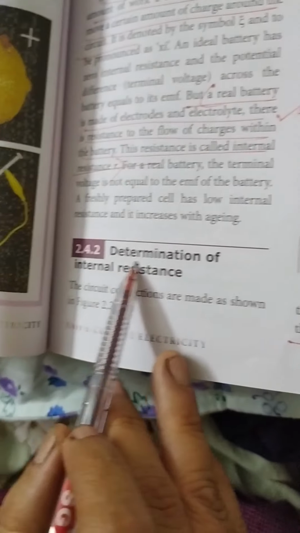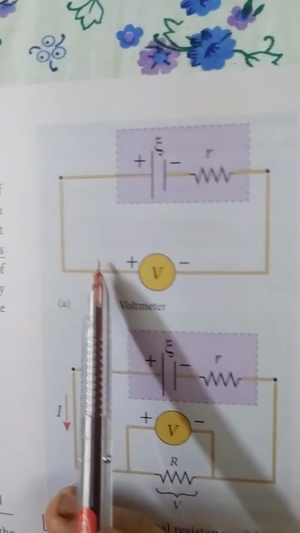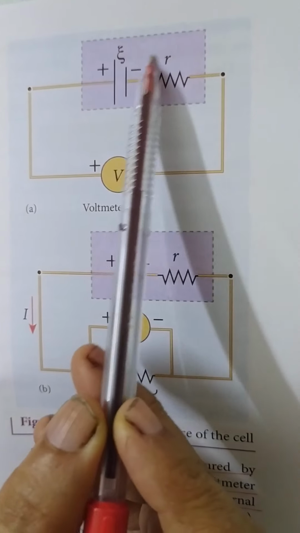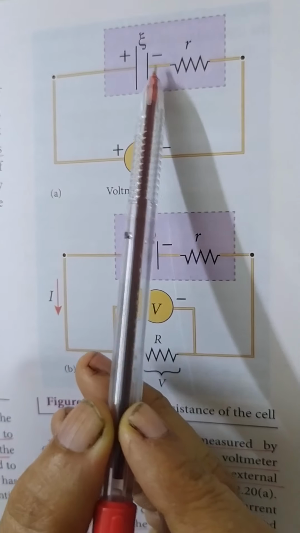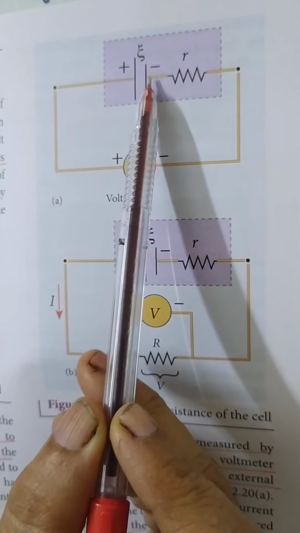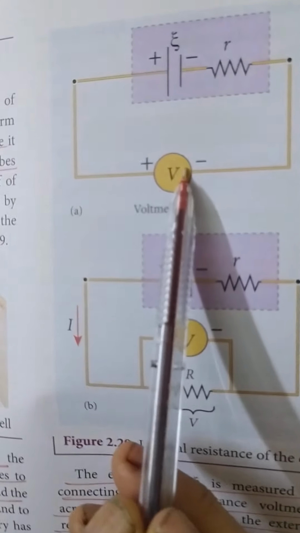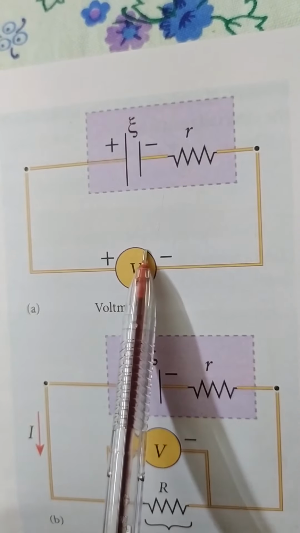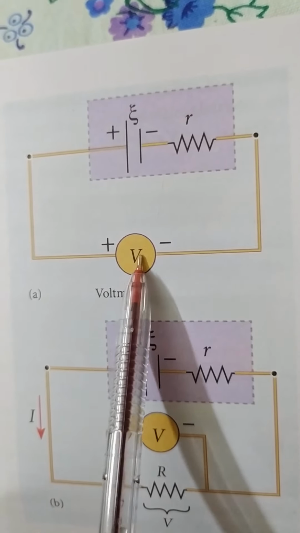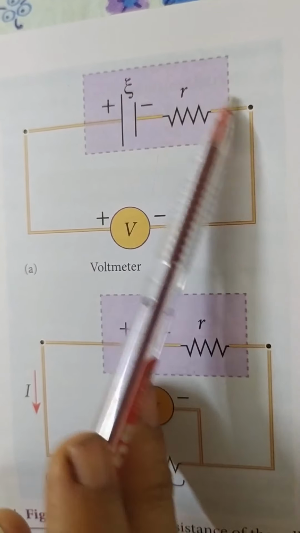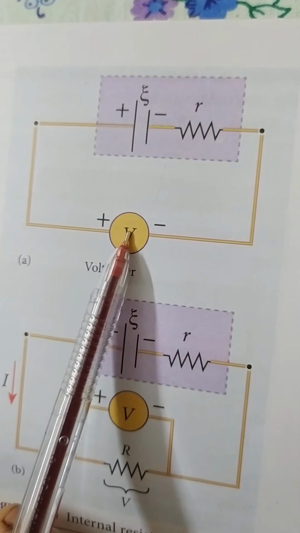Next we are going to find the determination of internal resistance. In this you have one circuit, and here the cell. This is internal resistance. Actually this resistance is inside the battery, but for our understanding it is drawn outside, and r is the internal resistance. Here this is a voltmeter, which is used to measure voltage. Usually this is a high resistance voltmeter. High resistance voltmeter means it will draw only a feeble amount of current, and so this can be considered as an open circuit. Open circuit means the circuit is in the off condition now.